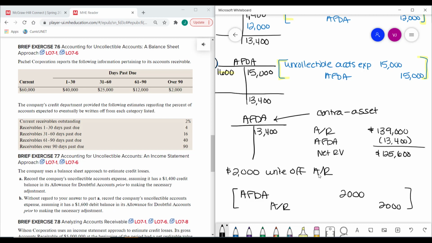Then my balance for the allowance account would fall to $11,400, and my accounts receivable balance would fall by $2,000, since it's not there anymore if I'm deeming it uncollectible, okay? So the first entry that would have to happen is topping it up at the end of the year. And then once you actually need to write off an accounts receivable, you're using that balance that you set aside. In this case, for example, if I have to write off a $2,000 accounts receivable, then I'm finally dipping into